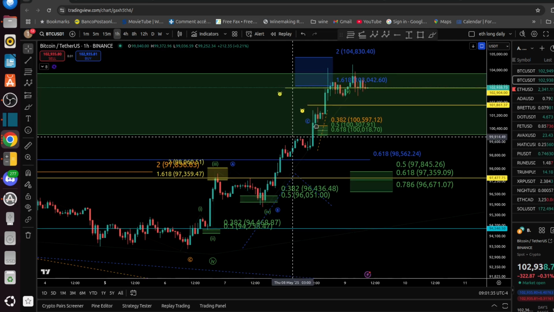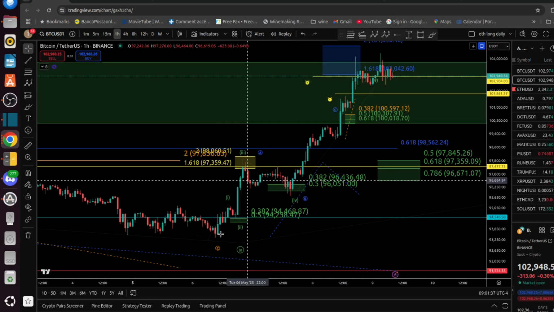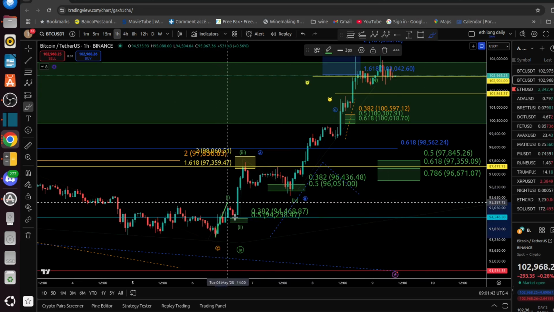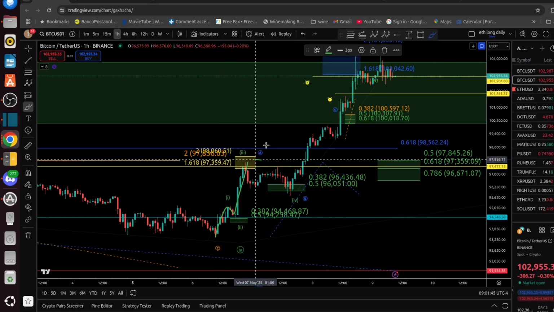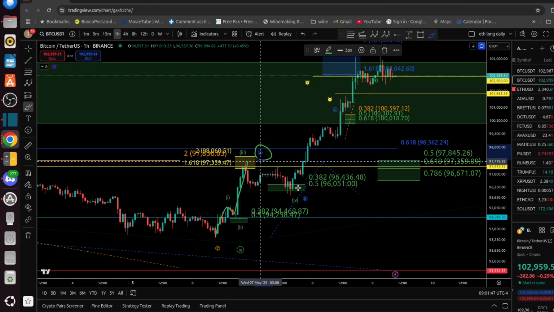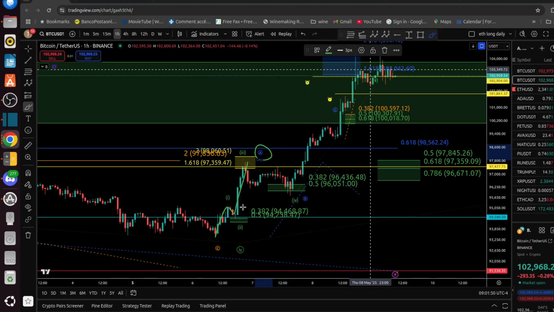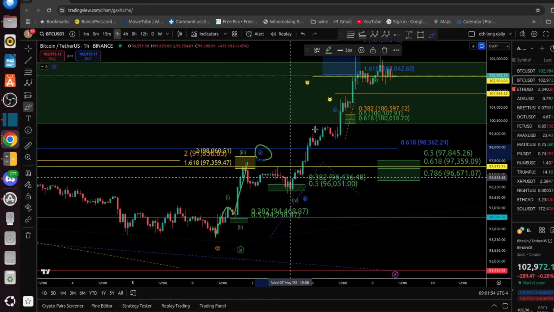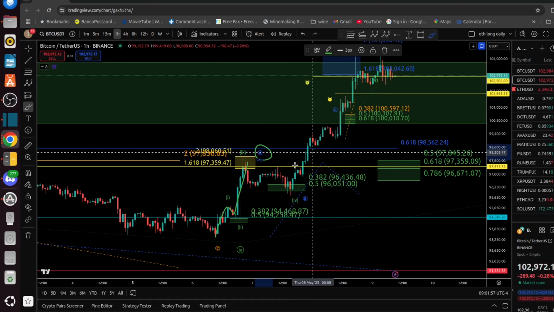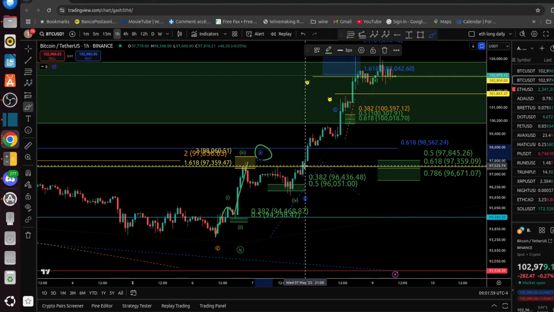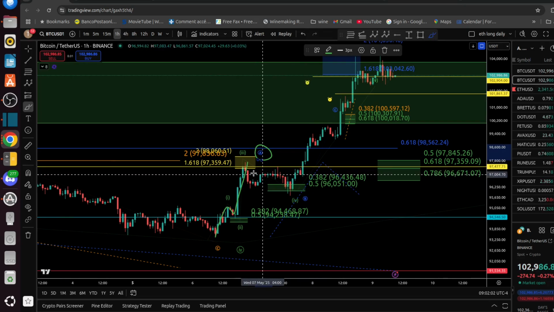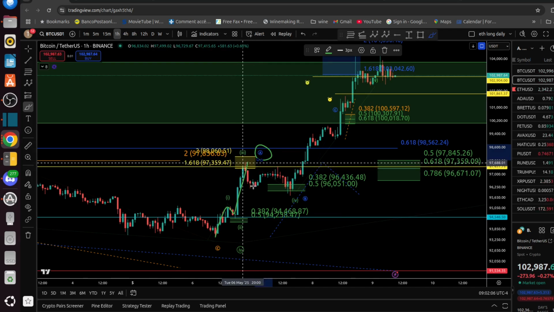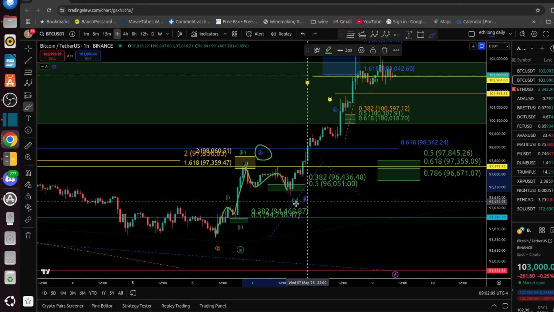And so after that I switch and counting this. So this is an A, B, C, and I call that a wave A because this is not sustainable anymore. I cannot have a 1, 2, 3, 4 and have a crazy fifth wave if I don't have a structure to justify it. I mean, it can still be there, but just my problem, I cannot make it work. So after that, if I do that and I say, okay, this is an ABC for the wave A, this is an ABC for the wave B,